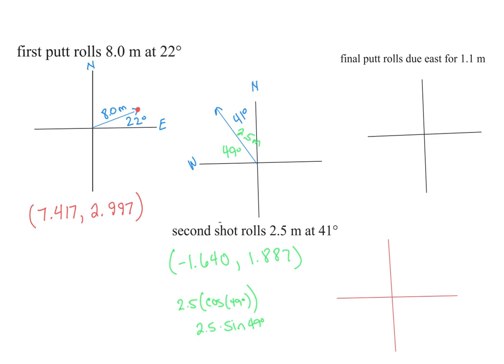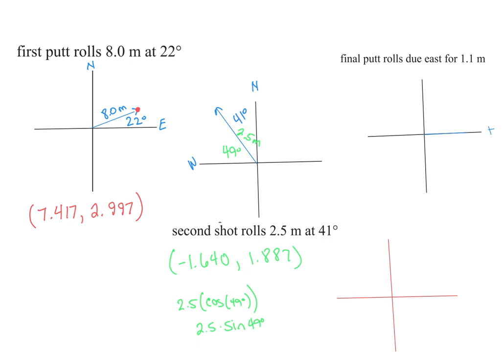This final putt rolls due east for 1.1 meters. What's nice about east, west, north, and south is that you actually don't have to use your trig functions at all because the movement is clear. This is not an angular movement. This, well, it is, but it's going to be one of your perfect angles, 0, 90, 180, 270. All right, and so if I'm going due east, here is east right here. Due east is going to be,